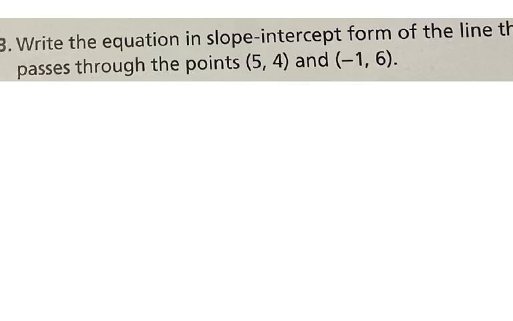If I'm writing an equation in slope-intercept form, what do I need? The slope, that's a good one. And the y-intercept. Right? Remember slope-intercept form needs the slope and the y-intercept,